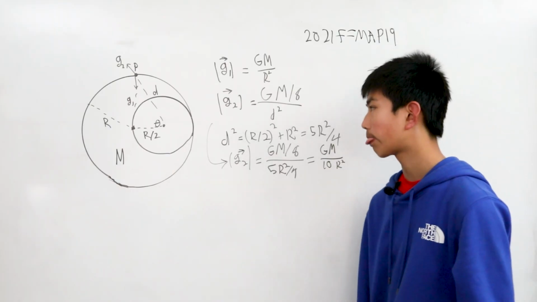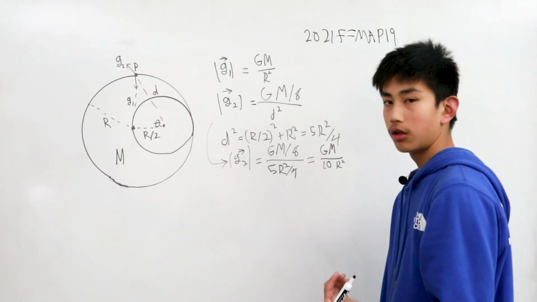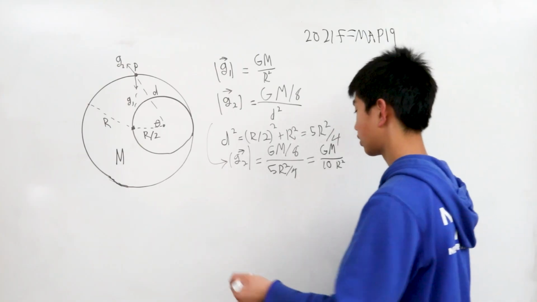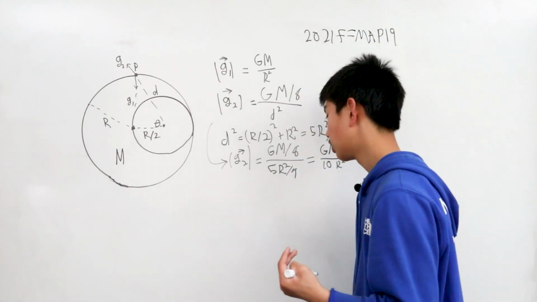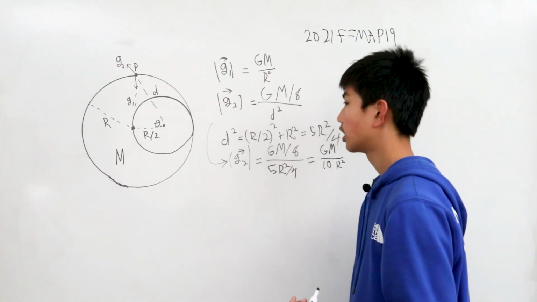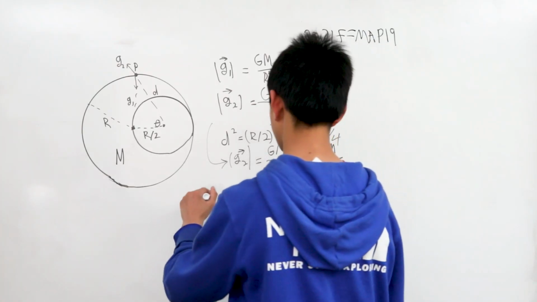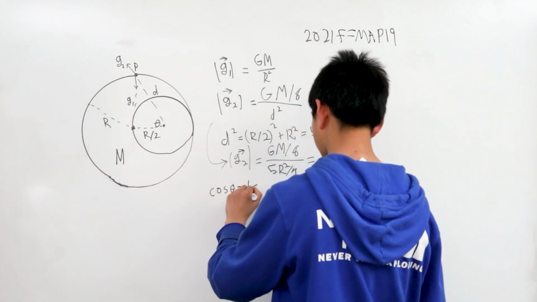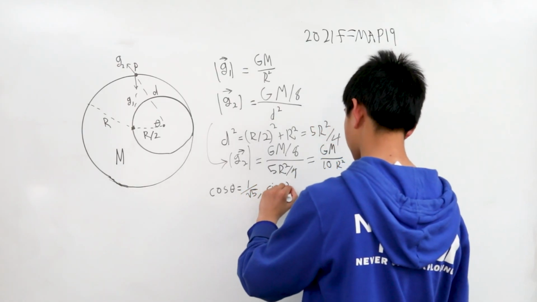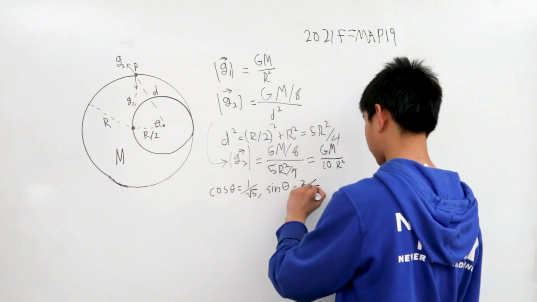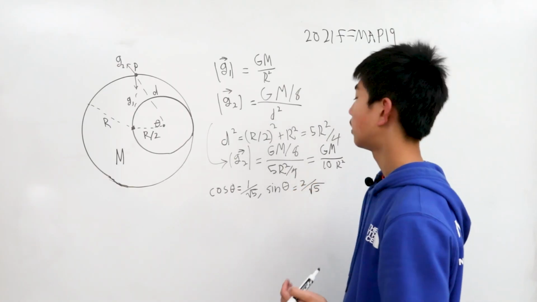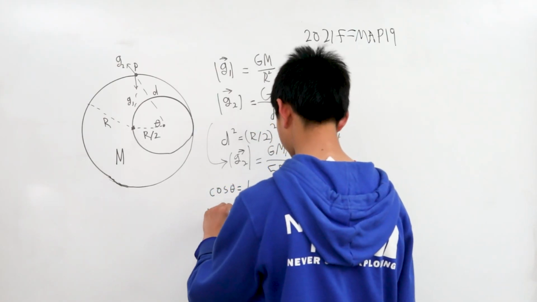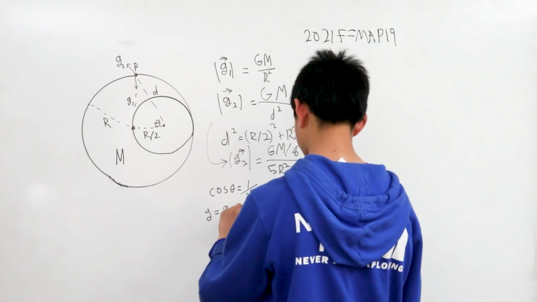Now at this point, the value of theta, well, we can find various trigonometric values to express this angle. So there are two identities that we really want, and you can probably find this because calculators are allowed in this test. Cosine of this angle is 1 over the square root of 5, and the sine of angle theta is 2 over the square root of 5. Well, then the total gravitational field is equal to the sum of the two fields. So G2 plus G1,